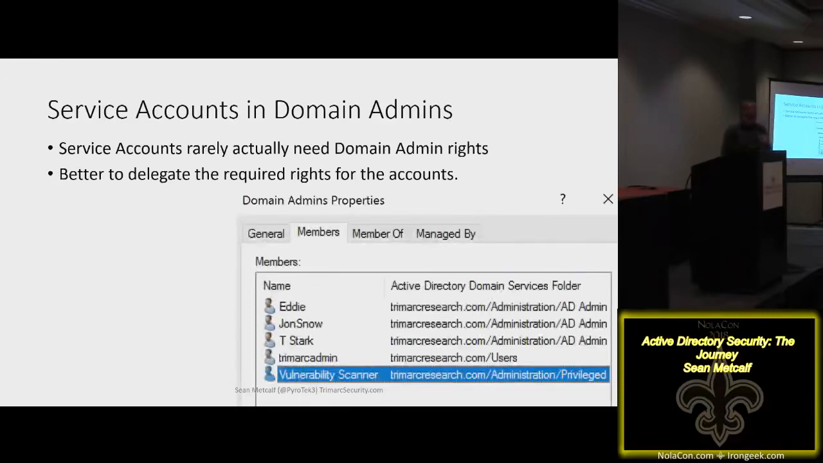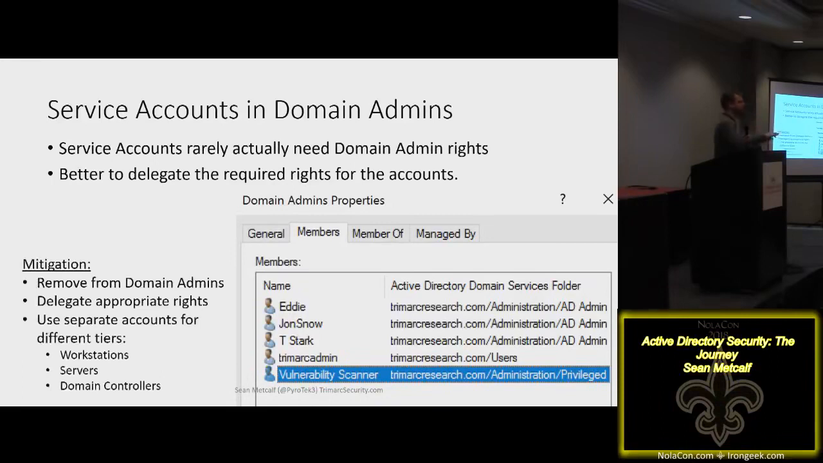And one of the common ones is a vulnerability scanner. Well, we need to do authenticated scans as an admin. Okay, I got that. But really what you want to do is split this out and have one service account for workstations, one service account for servers, and a completely separate one for domain controllers. Do not use the same service account across all of them. Why? There's a chance, I'm not saying it's happened before,